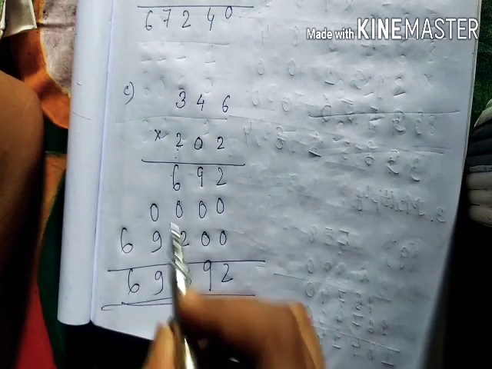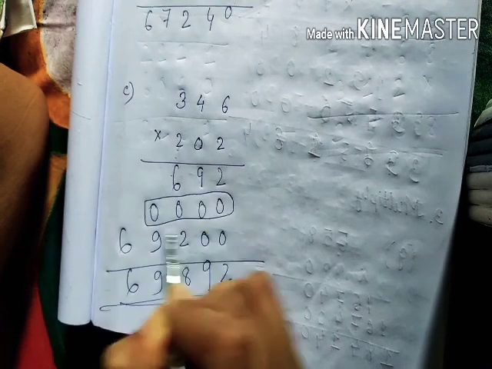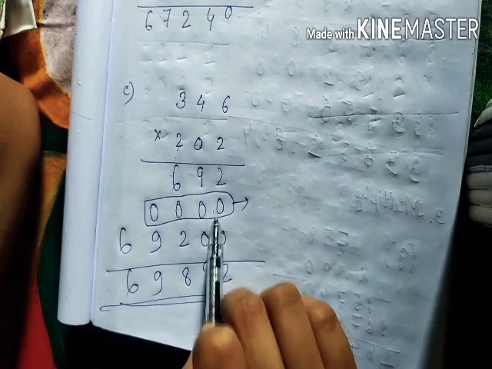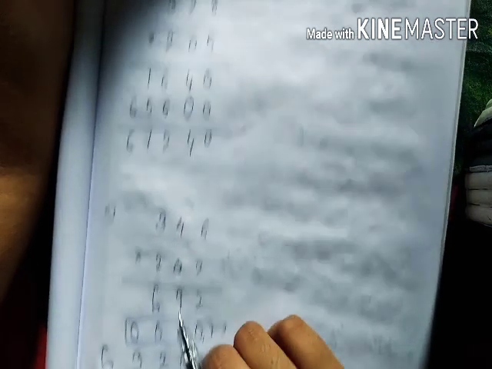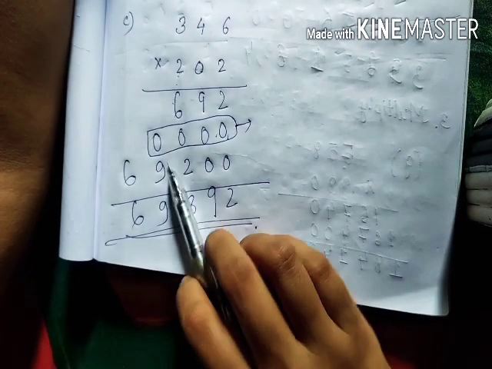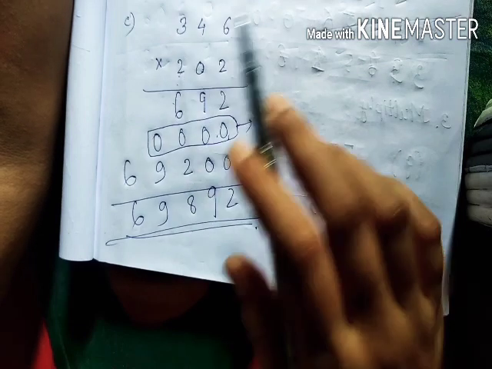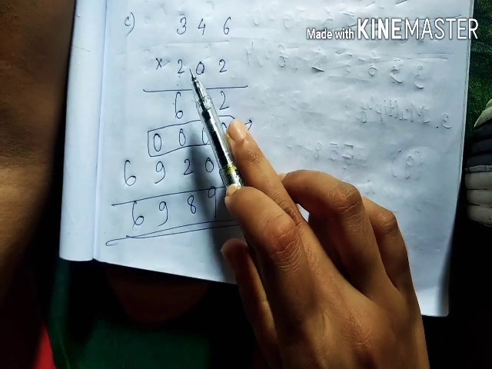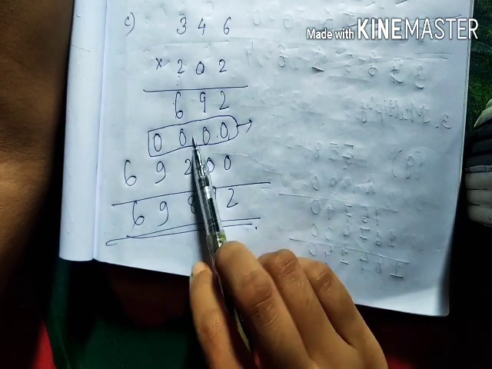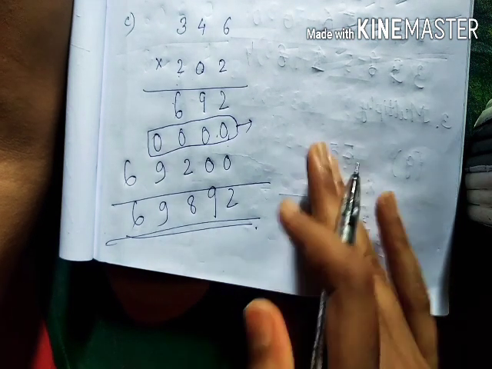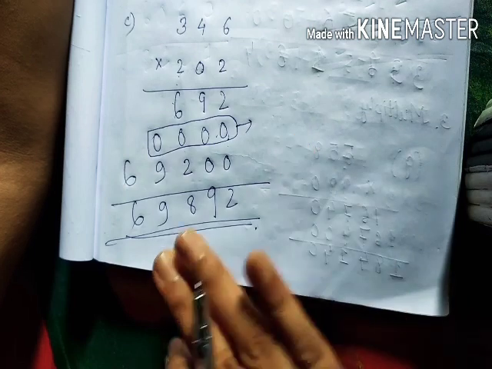Okay, so you can see, if you skip this step, then also it doesn't matter. Here I have skipped it and shown you, and if you do it, then also it's okay. But if you don't want to, because we know that anything we multiply with 0 will give 0 only, right? So here if you don't write it, then also it's okay. But if you want to do it, then you can also do it for more perfection.